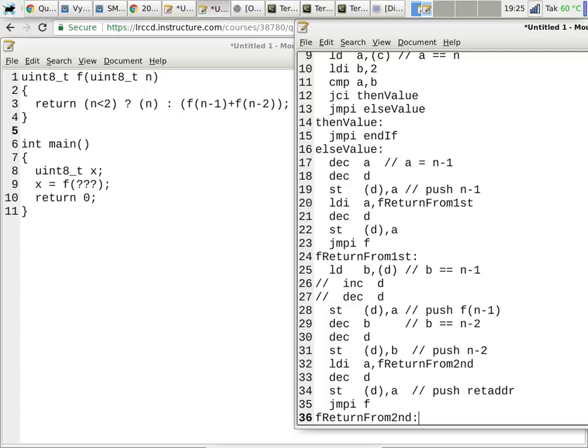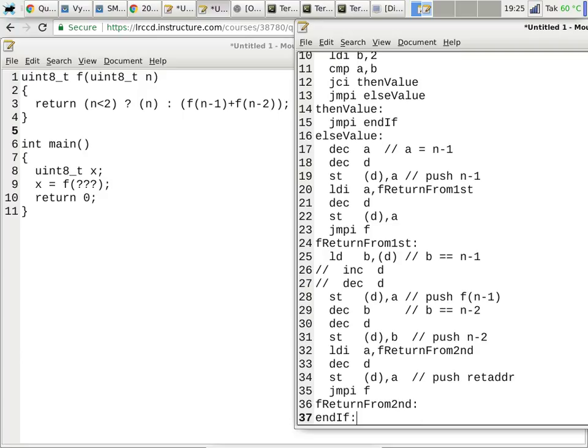The return point, right? When you call F, where does F return to right now? We don't have anything, right? It returns to f return from second, I mean, the label. What does F do? There's no code there. Yeah. Okay. So when it comes back, this time I can just increment D to get rid of